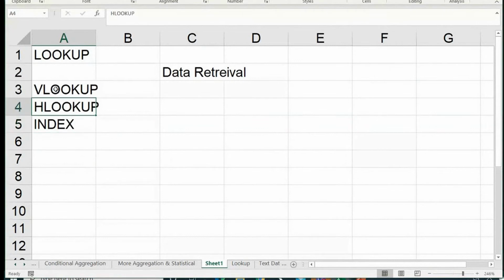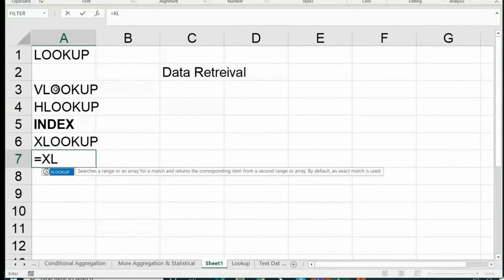This is a beauty function of Excel, INDEX, which can do something VLOOKUP cannot do, like reverse lookup. VLOOKUP cannot do multi-sheet lookup either. INDEX can do it, and it is available in all versions. And a beautiful add-on in the latest version is XLOOKUP. Guys who said I have Office 365, be happy. You have a wonderful function, XLOOKUP. People who don't know VLOOKUP, I suggest that if you have the latest version, forget VLOOKUP. You can just get used to XLOOKUP. It's such a simple way to do this kind of retrieving and comparison.